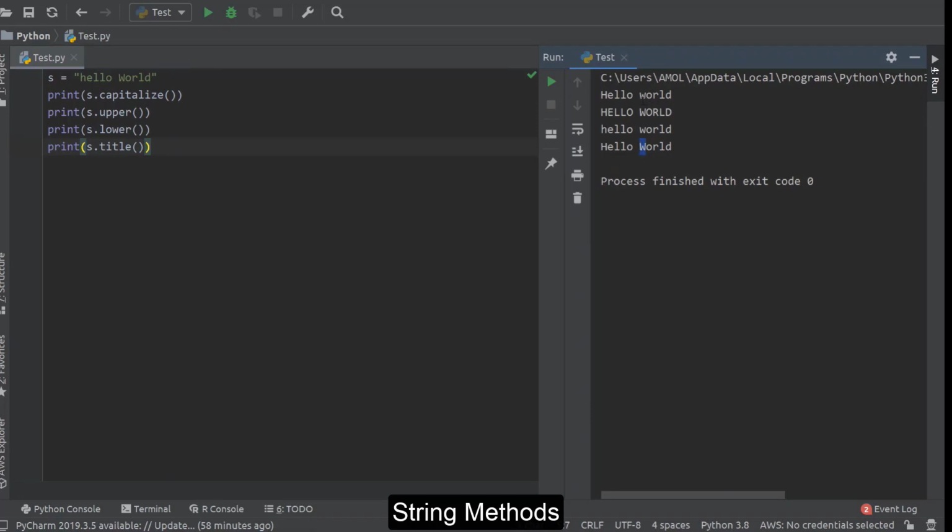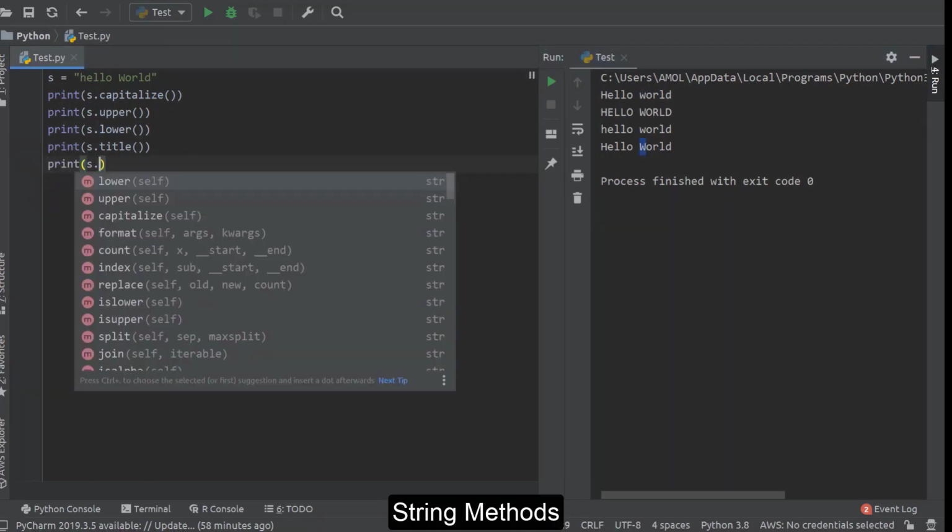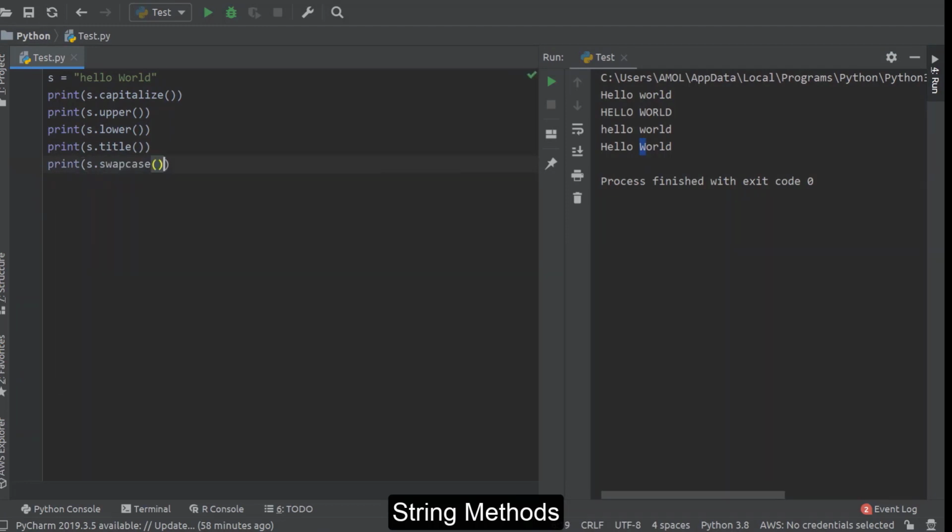When you call capitalize, it stays a small letter, but here it comes as a capital letter. Then there is another method, swapcase. That once again is self-explanatory. Swapcase will swap the case of every letter of a string. So these are some 4-5 methods by which we can change the capital and small letters of a string.